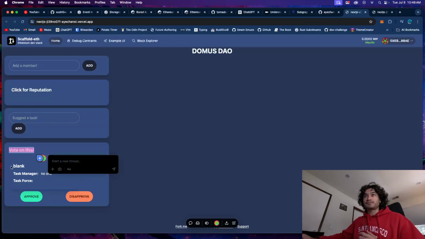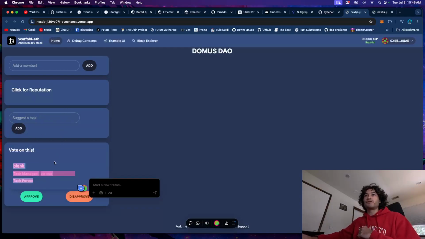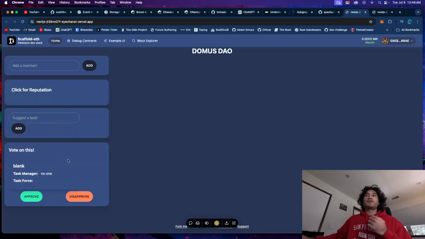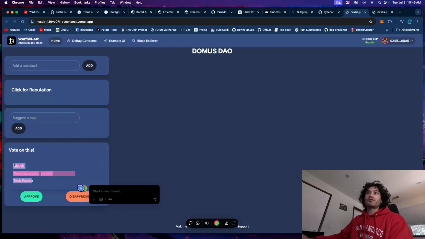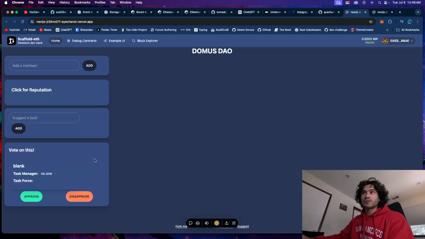voted on. So everyone in the group can vote. For example, if the task is doing dishes, people are probably going to vote yes on that. But if someone has, like, go pick up all the leaves outside, then you probably don't want to do that, so you'll just downvote that. And after a certain amount of time goes by,